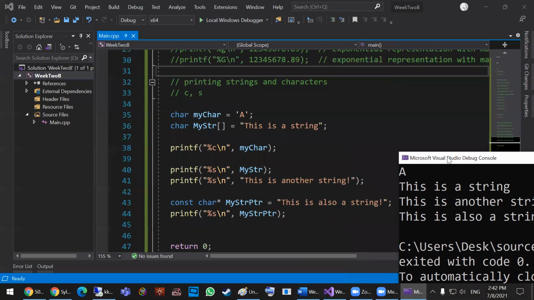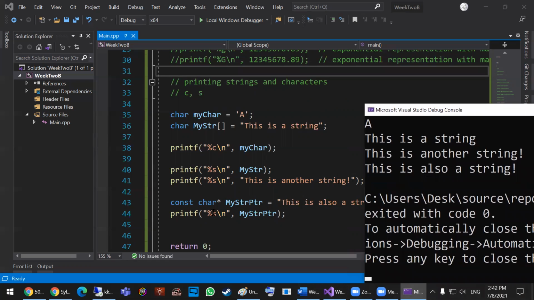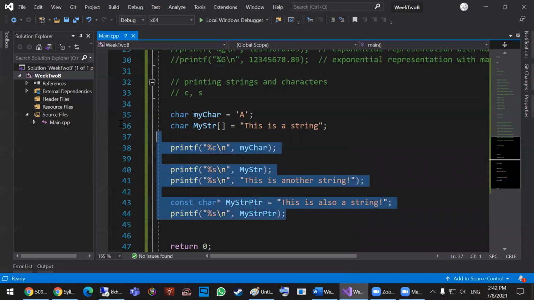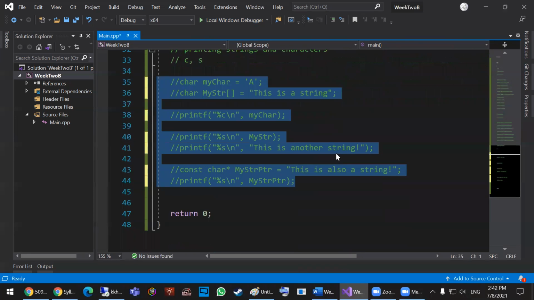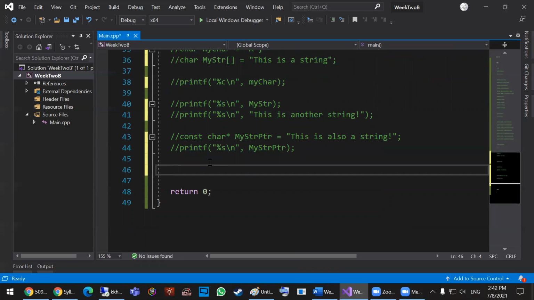This is also a string, so I'm displaying it literally as is. That's why they're called literal values, because everything between quotations is literal, as is. Also a pointer to a character, this is also a string. So how to display a character and a string, this is how we do it. Next one would be how to